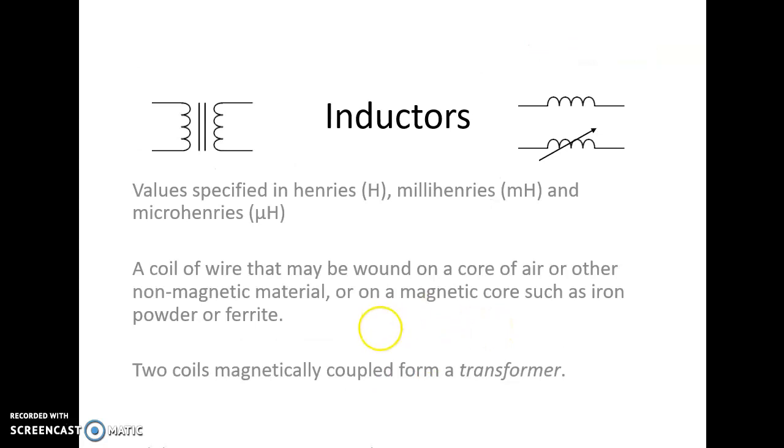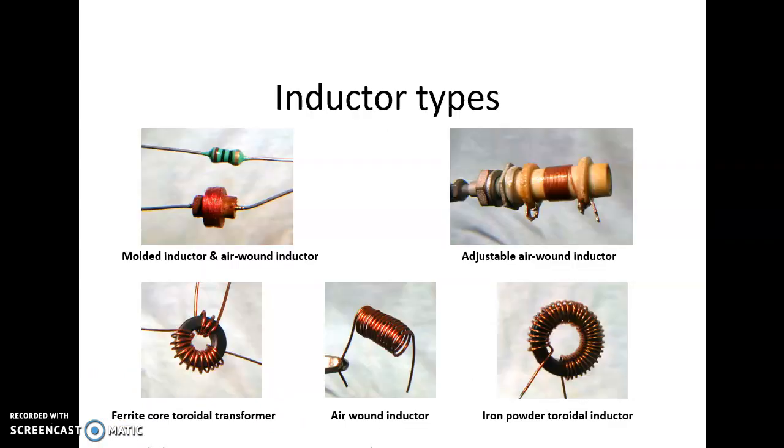Another thing, if you want to see an inductor, is a transformer. You must have seen big transformers used in the transmission of electrical voltage to our buildings. Small transformers are also used in power supplies, and in chargers too. So the transformer is also formed by using inductors only. There are different types of inductors.